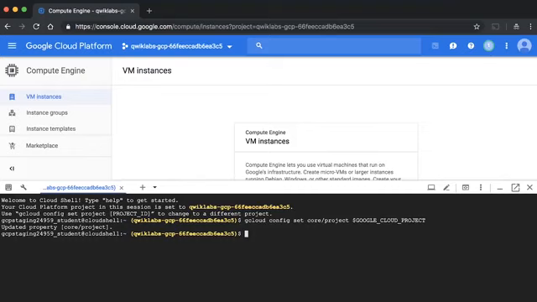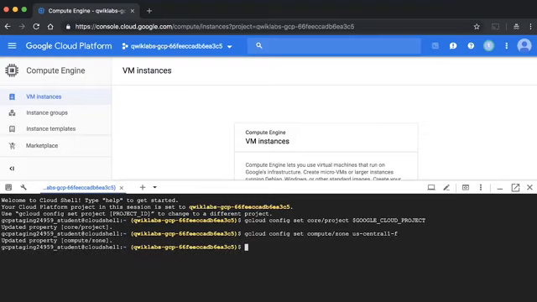And we need to set a zone for our Datalab instance. So since I'm in the central region, I need to make sure it's a zone in that region, so I can choose Zone F. Any zone in US Central 1 will be fine. And now we need to actually create the Datalab instance. So we can run datalab create, and this will take probably about 10 to 15 minutes to complete.